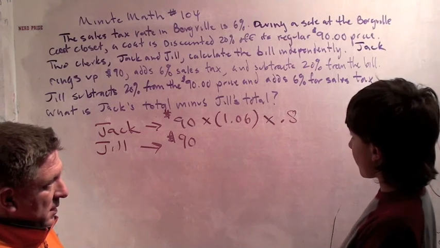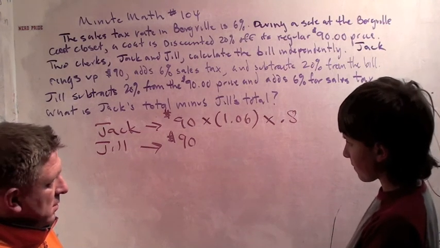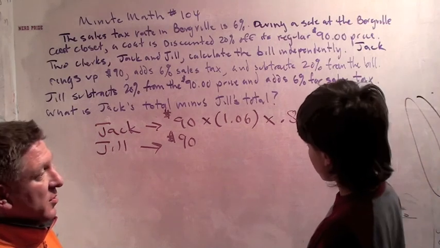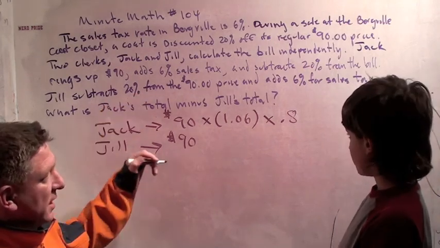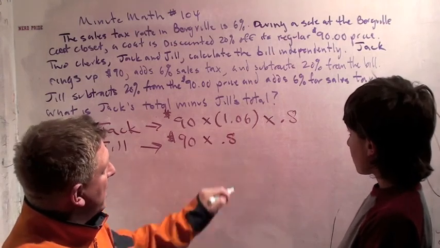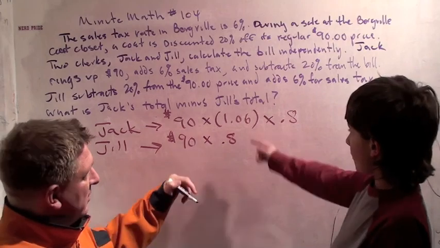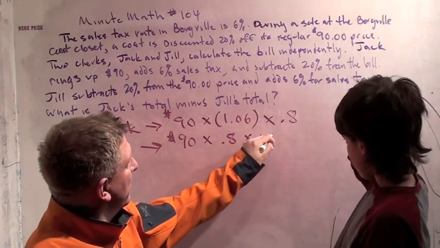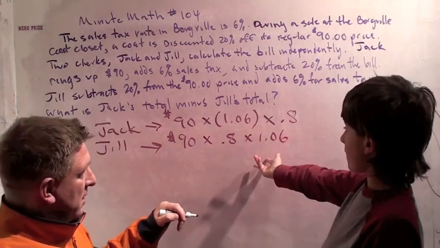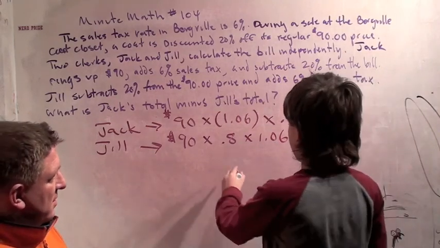You wouldn't multiply it by 20%. If you're going to subtract 20% away, you're going to get 80%. So what do you multiply by? Times 0.8. And now we have to add 6% sales tax to this. So what do we multiply by? Times 1.06. So actually, multiplication is commutative, so Jack's total minus Jill's total is a big fat